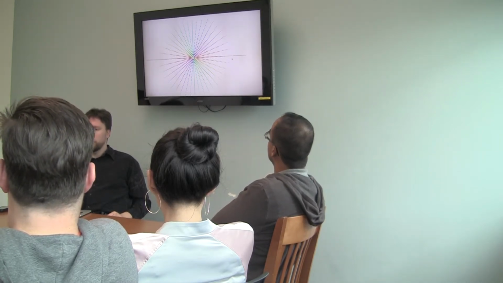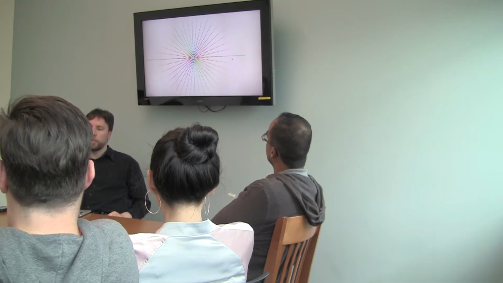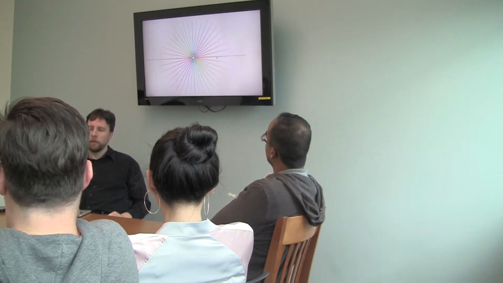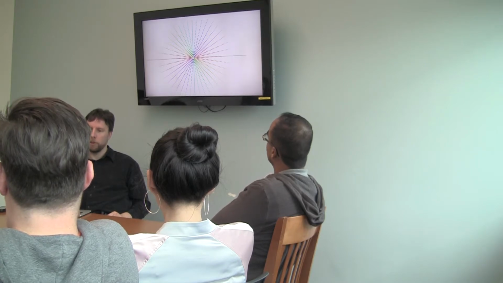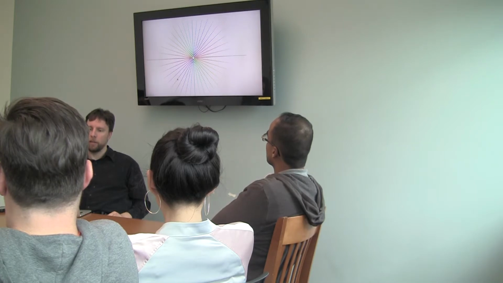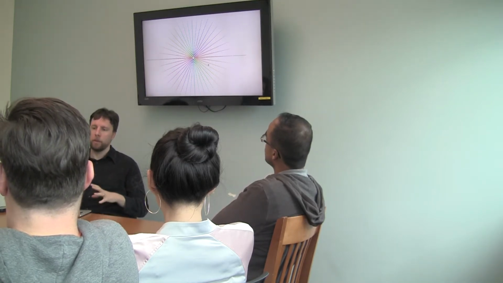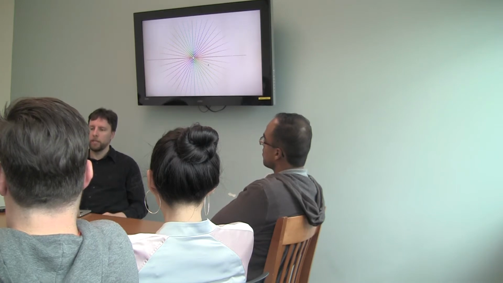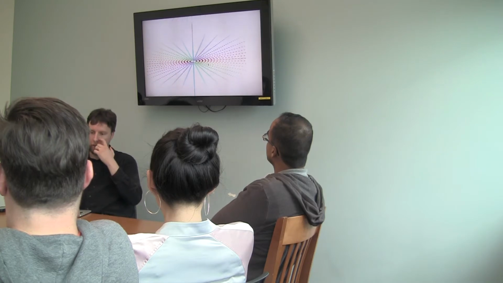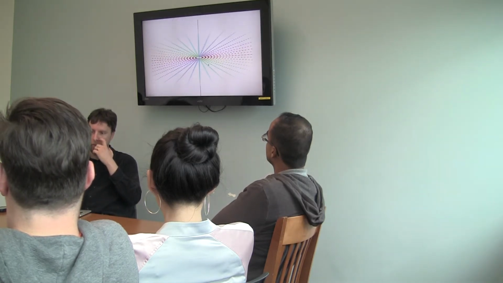Now the colors are chosen to show you the direction of the vector. So the reds go along the horizontal, the cyans go up and down vertical, purples are along the diagonal, up and down, right and left, and greens and yellows are along the other diagonal. So each one of these dots represents a vector. And if I want to perform some kind of transformation on this system, then it's going to change the vectors into other vectors. So here's one example of a possible transformation.